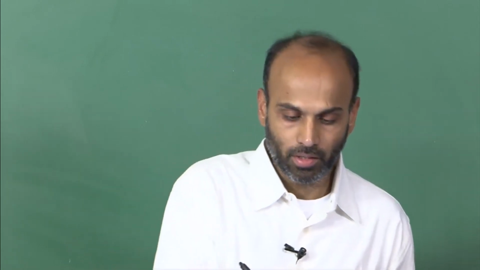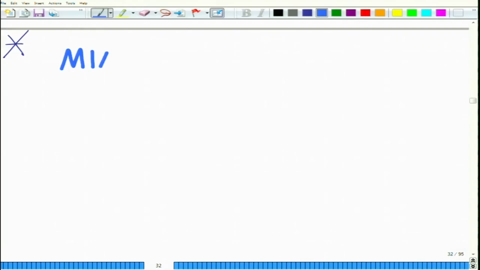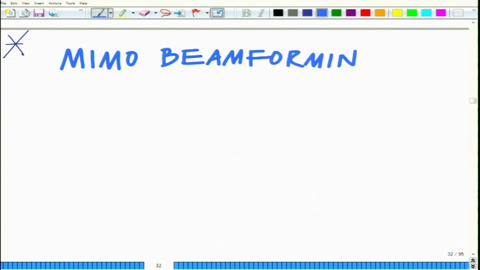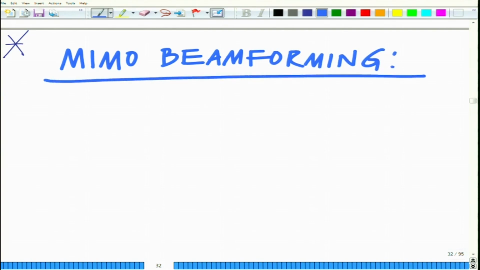So, we are looking at MIMO beamforming, how to design the optimal transmit and receive beamformers in a multiple input multiple output wireless communication system. So, let us continue our discussion. What we want to look at is MIMO beamforming, and we have said after combining with U bar Hermitian, U bar is that receive beamformer, we have